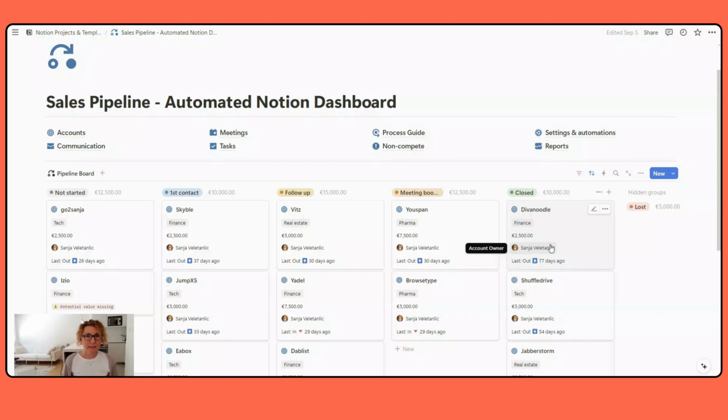Mandatory fields in Notion databases. This is the question that I keep receiving from my clients, asking me how they can set some of the fields in Notion databases to be mandatory. Well, unfortunately, at the moment, this is still not possible in Notion, but I did create sort of a workaround